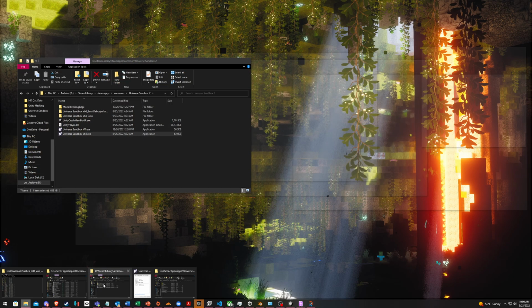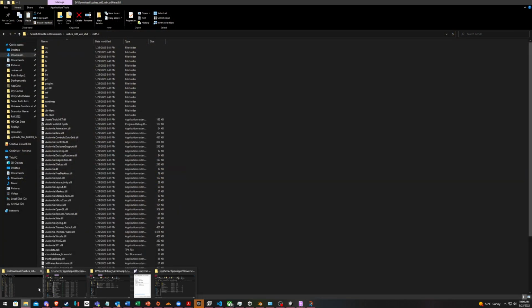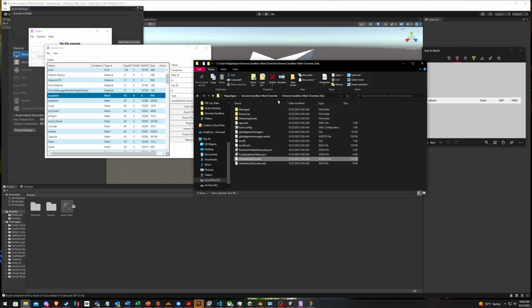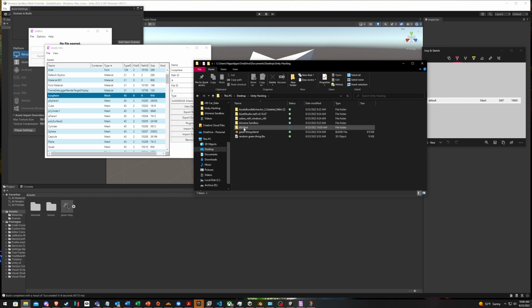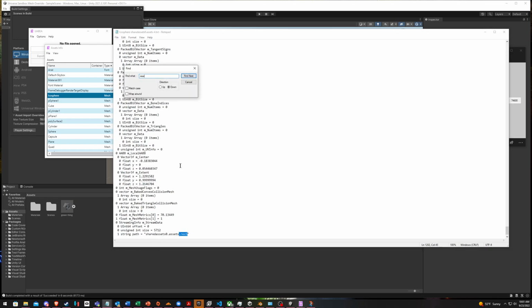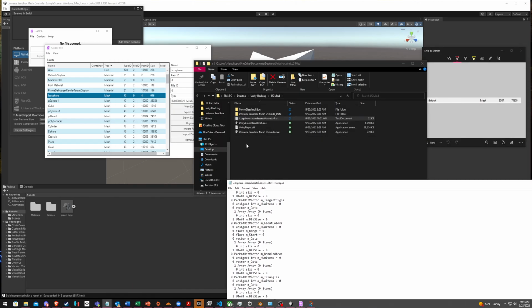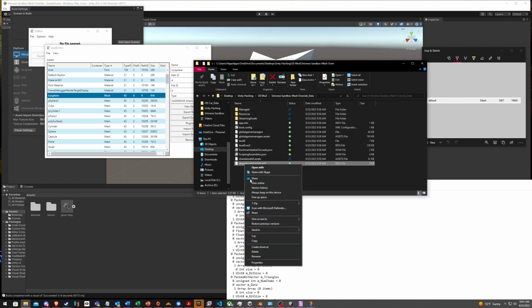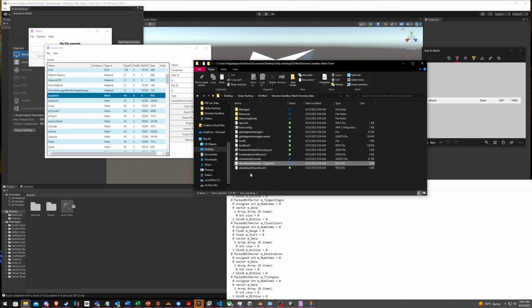So if we go into the folder, not this one, this one, go back to it, we have the dump file here, and if we control F for .ress, this is the file that it's looking for the actual model inside of. But I'm just going to rename it to modded.assets.ress, and then in the actual data here, I'm going to make a copy of this one and call it